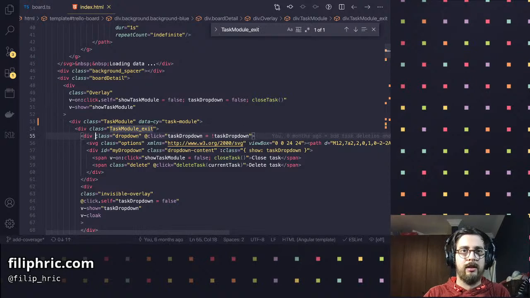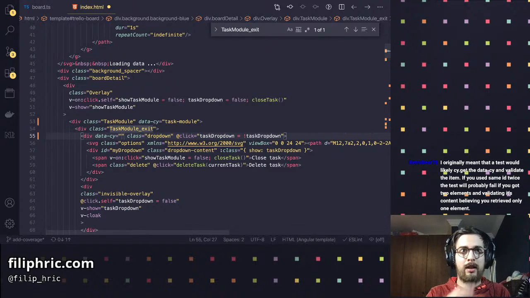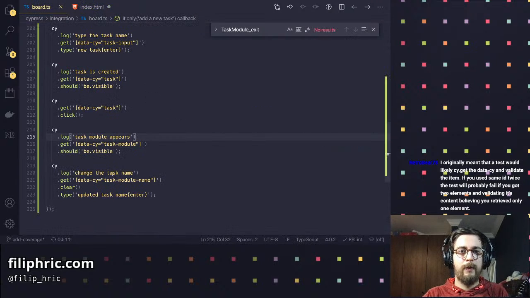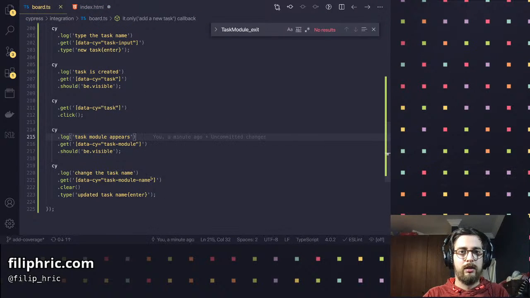So let's add a data cy, and that would be task module close. Let's find this and let's